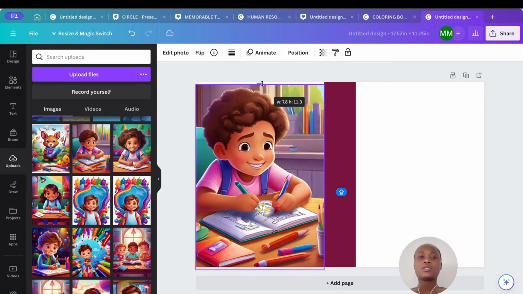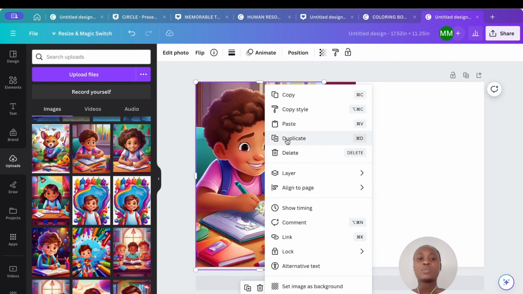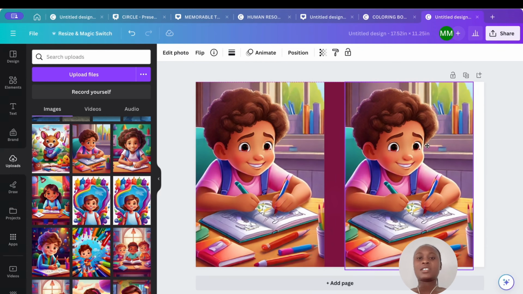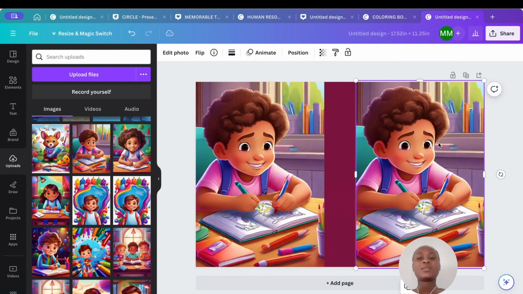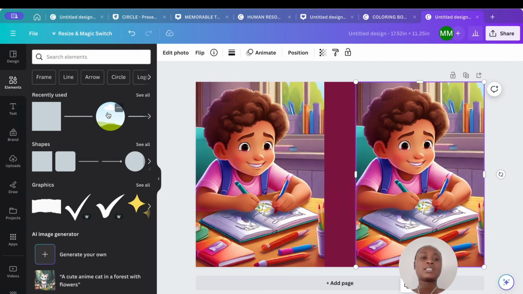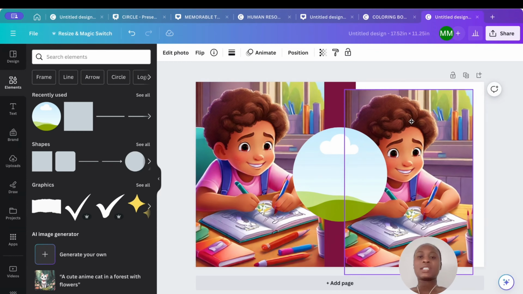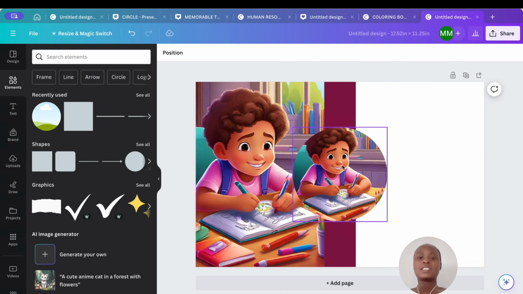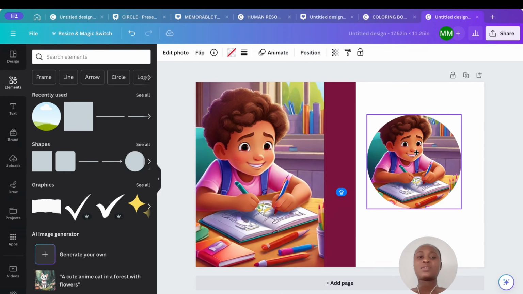So now what you're going to do is right click on it and then duplicate this page, bring it right here. So as you can see, we already have our cover. You can leave it like that, but you can also do some other things if you want to. You can be as creative as you want to, as long as you know the basics. So for this one, I'm going to go back to the elements and pick this element right here. Then I'm going to pick this picture right here and insert it inside so that we have a different